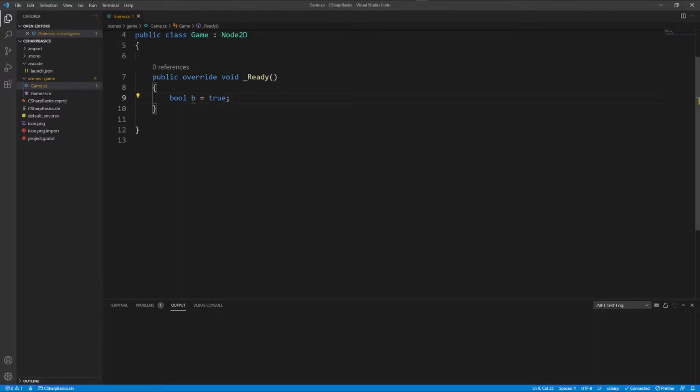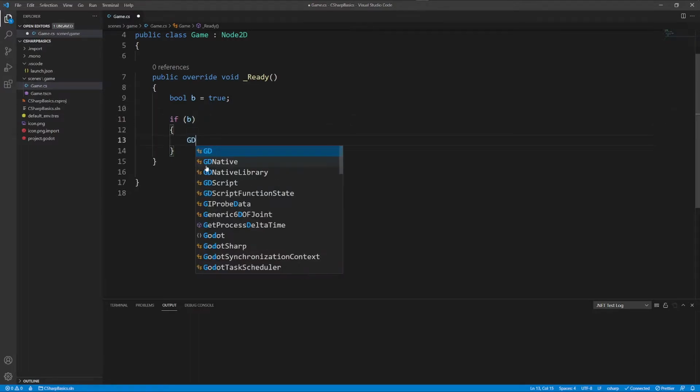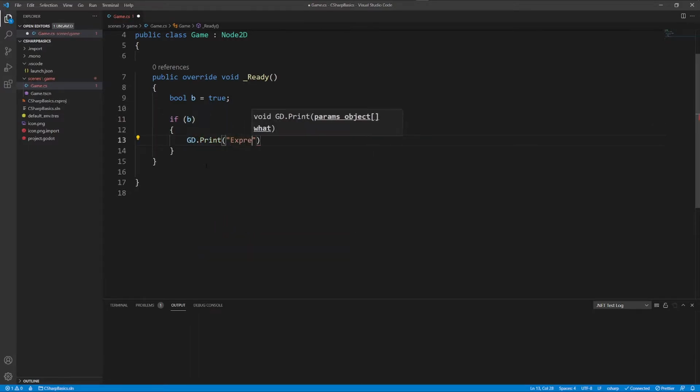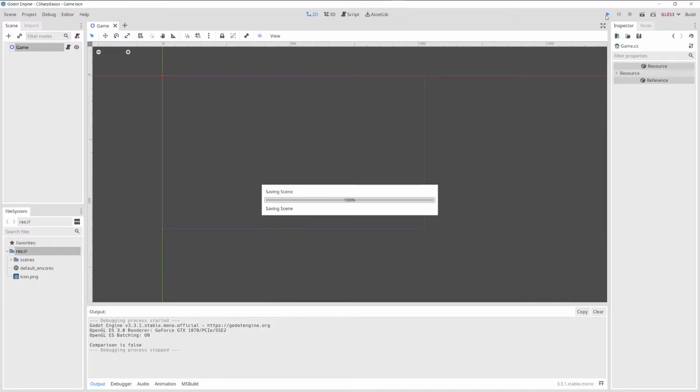And in the last episode, we learned how to use an if statement. And in here, we always checked whether a given statement was true or whether it was false. What we actually did was we created a Boolean in here, which took on either the value true or false. So if b, and we say expression is true, and we head into Godot, hit play, then you can see